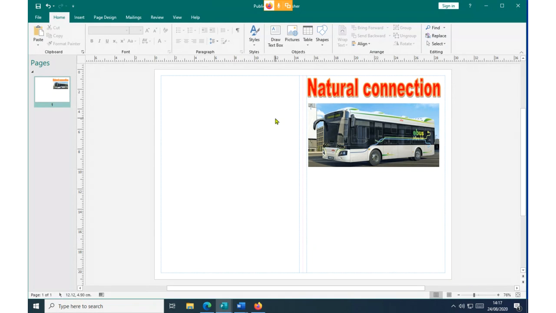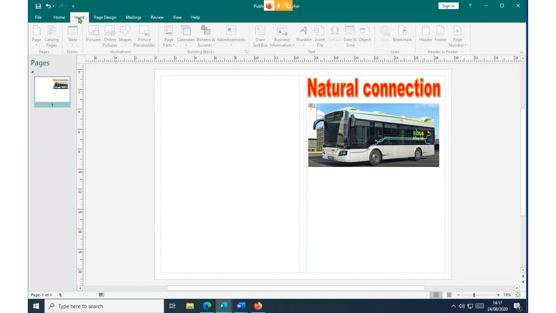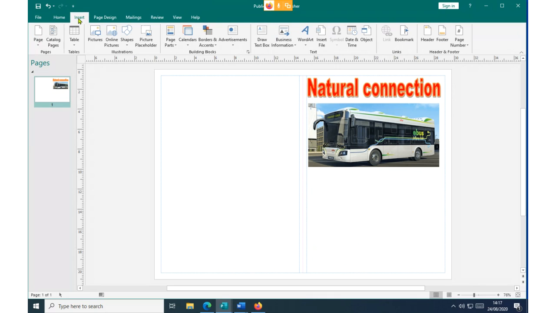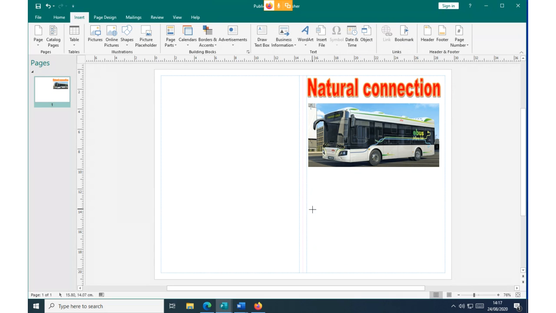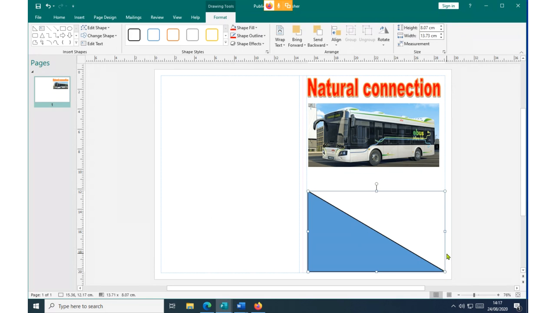page. I'll simply click on the command Insert again, then go back to Shapes. This time I'm using the shapes. I want to put a shape. I click on Shapes and then I pick a shape that I would wish to use. Like now I want to use this right triangle. I click on it and then I drag it somewhere here like that. And then I say this is the kind of triangle I like to use.